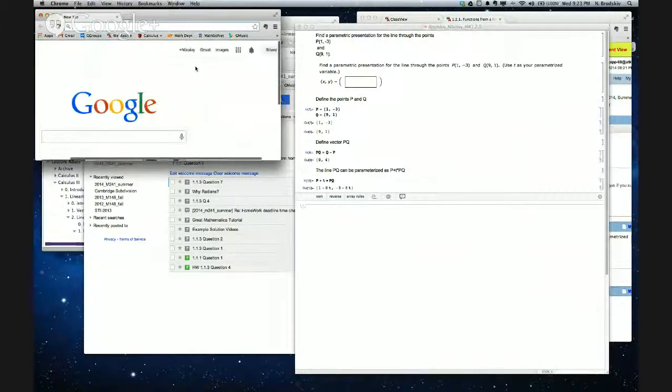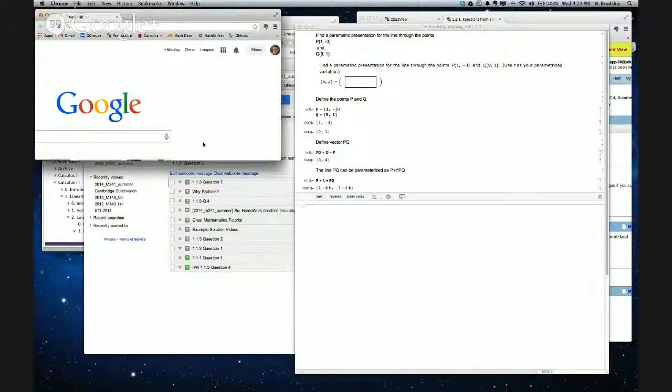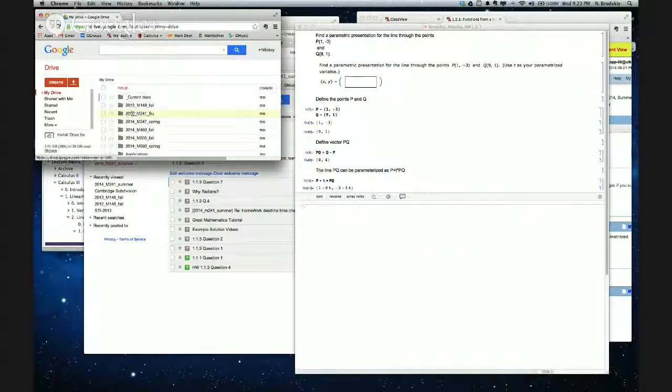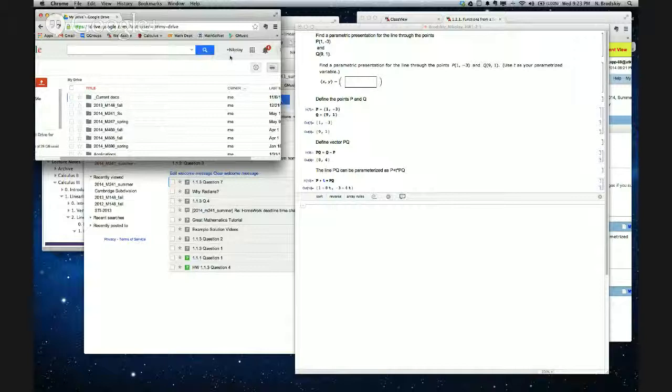I would go to Google Drive. So you have your Google account, you have your Google Drive. That's how you access it. You see at the top, once you log in, at the top you will have this 3x3 grid. Once you click on it,